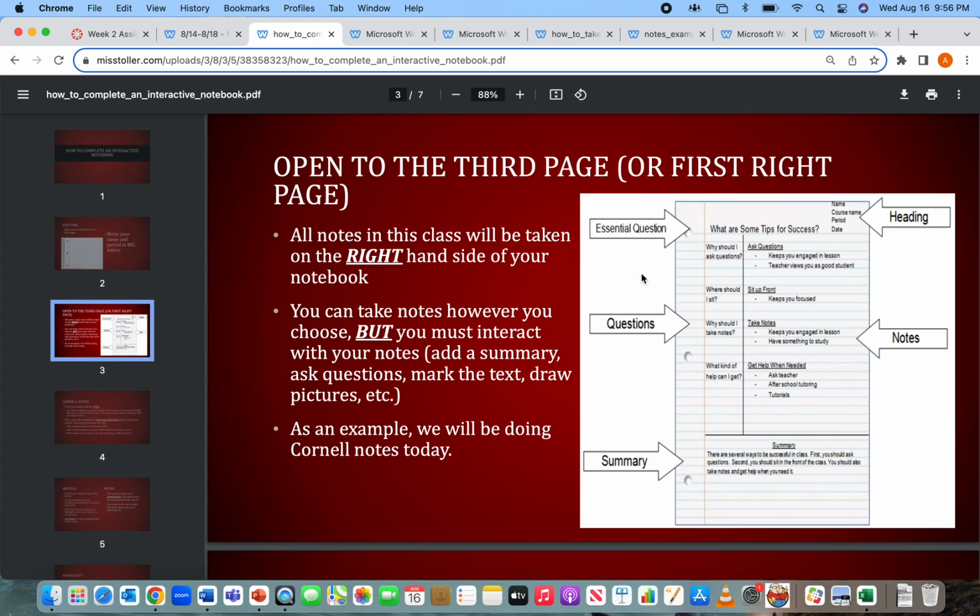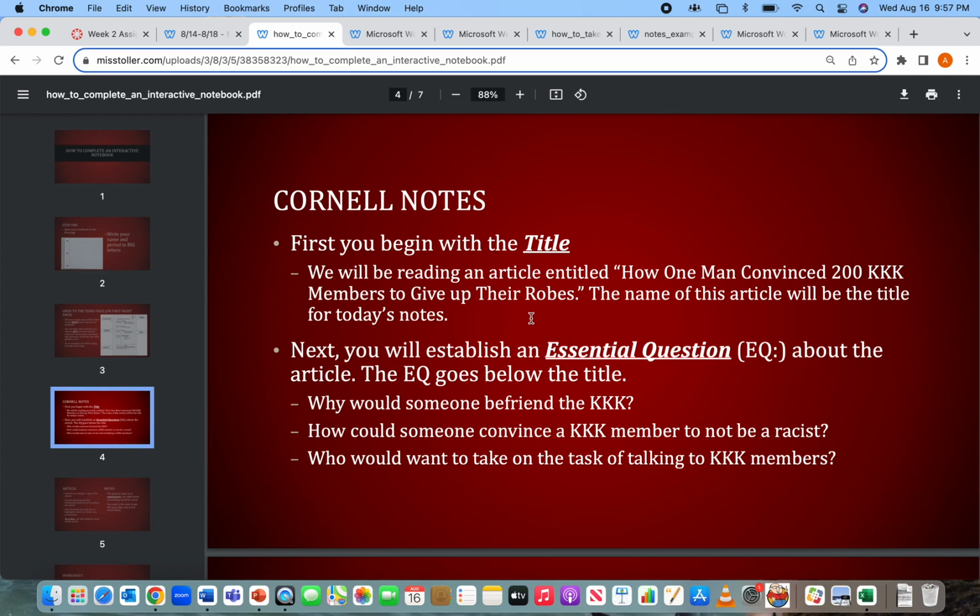And essentially what we're going to do is learn how to take notes. If you're somebody who hates Cornell notes, that's fine. We're going to take Cornell notes as an example, but do know that you won't have to take Cornell notes again after today if you don't want to. But like I said, you're going to go onto the right-hand page. And when you do that with notes, the first thing you always want to do is add